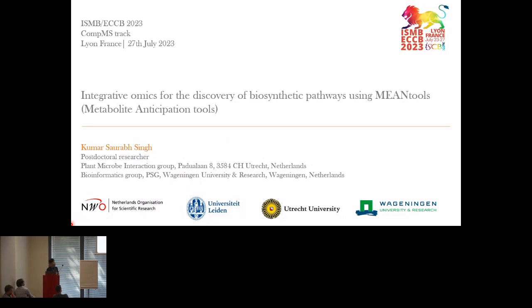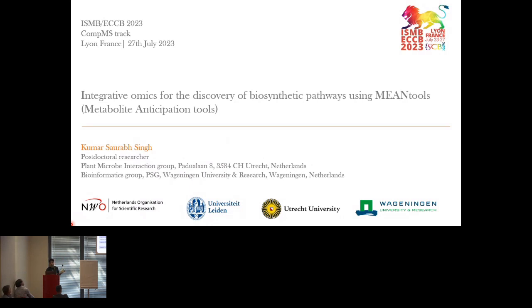So what we do here is, in the first step, we correlate transcriptomics and metabolomics data. In the second step, we integrate all the publicly available knowledge present as reactions in the databases, and also different structures present in the structural databases, and then identify biosynthetic pathways or chemical reactions. So the input is, you start with metabolomics, you perform your sample extraction, do LCMS or LCMSMS,